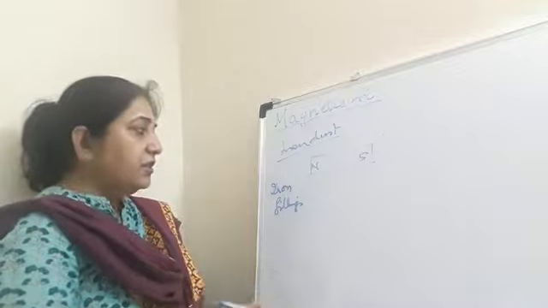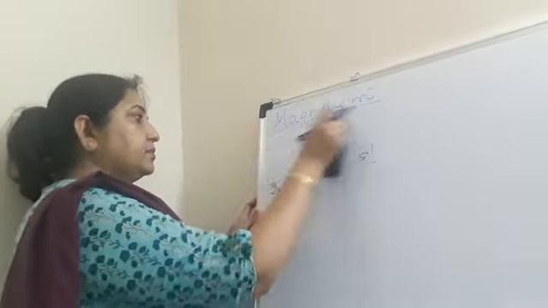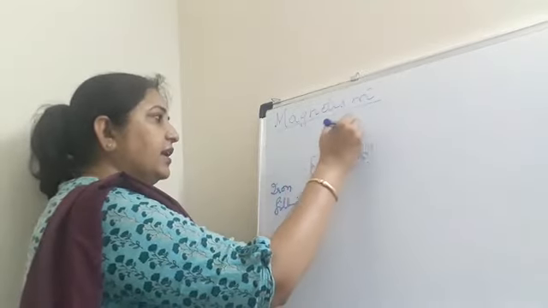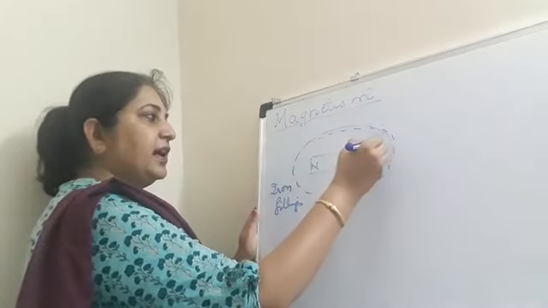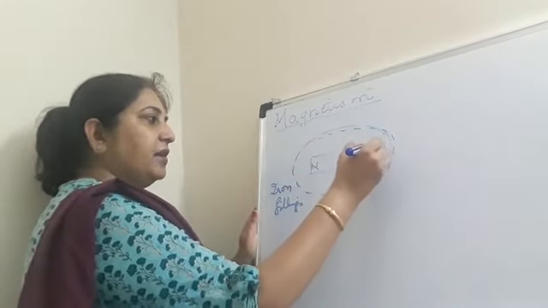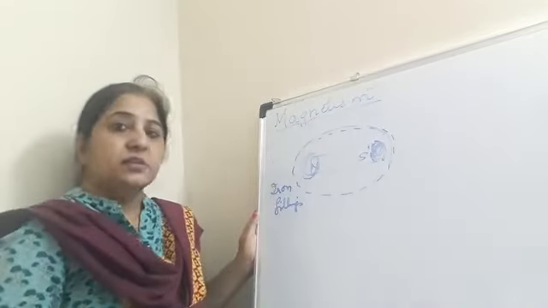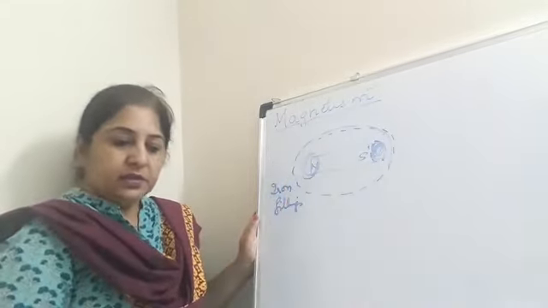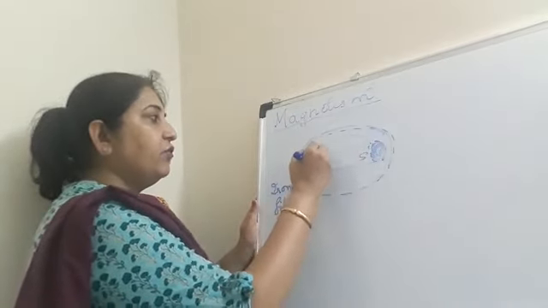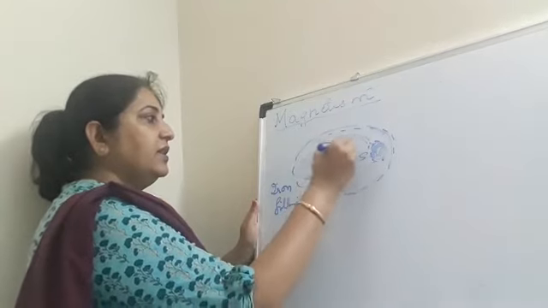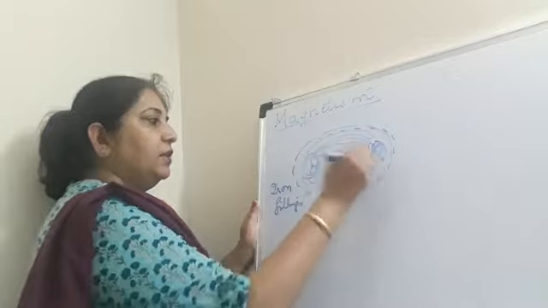Now that attraction of the iron filings, they will form a pattern, okay? Those iron filings will form a pattern, right? And you will find that there will be maximum iron filings attached here and this point, because attraction is maximum at the poles, and those field lines will form a pattern. They will have a specific pattern when you observe them, if you are able to conduct this activity.